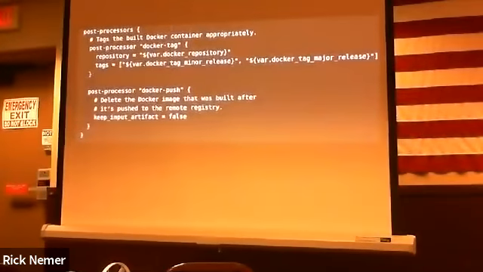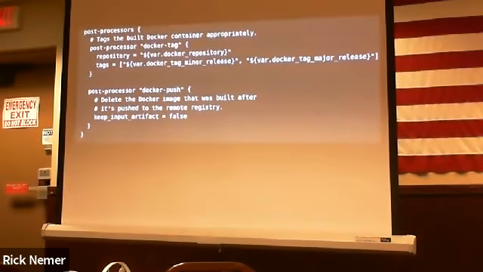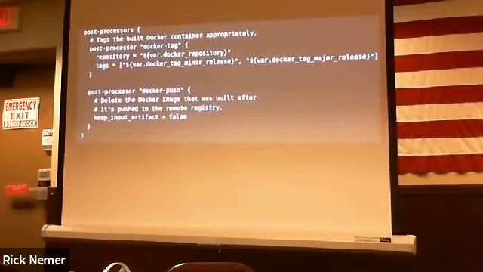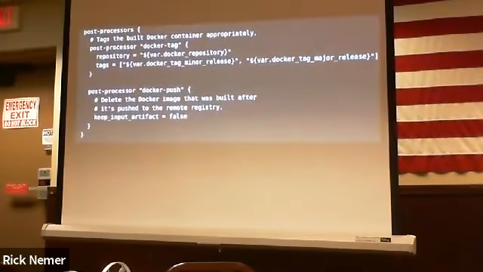Here's an example of that in action. We've started with a Docker container, we've customized it, and now we're going to finish it off here. So we're going to define a repository here and a couple of tags we want to apply to it. And these are all specified as variables we can customize in our Packer build script. We then want to push it, and keep input artifact equals false means that the local build machine will delete that image so it doesn't clog up disk space. So we've spun up a Docker image, we've customized it, and we've pushed it out. And we've left no trace on our build machine.